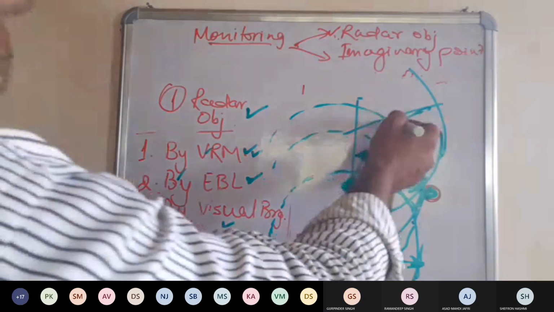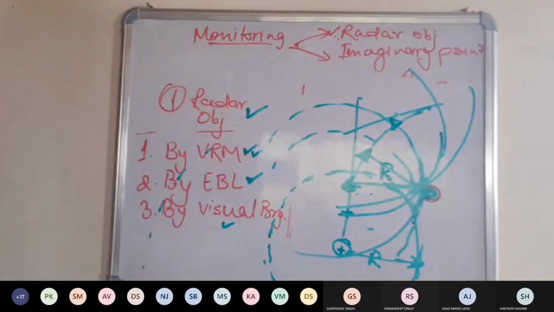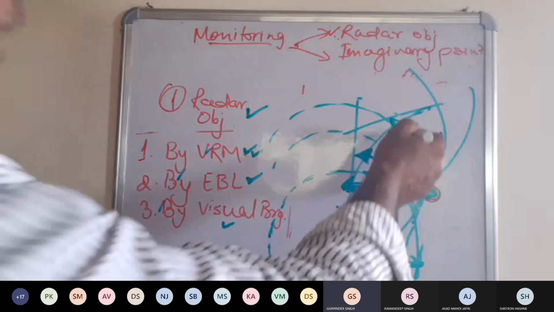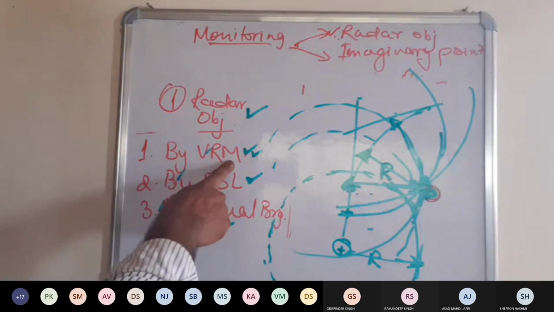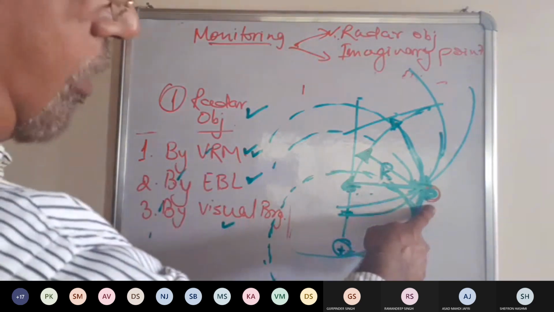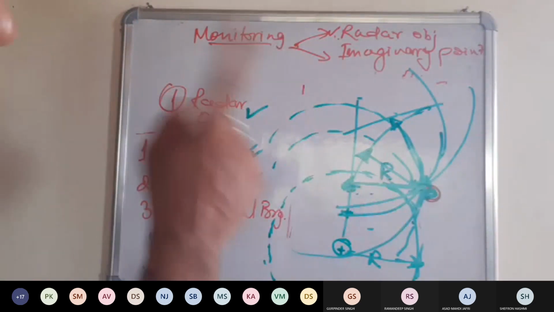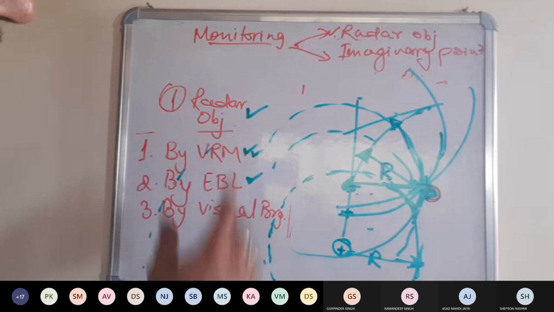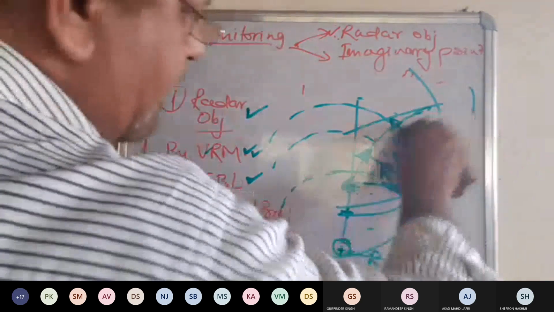When we are at this place, VRM will be like this or not? Yes, sir. How much are we away? That means when we are monitoring the turn with VRM, the radar object should always be at the rim of the circumference of the VRM. Is that correct? If we observe, अगर हम ऑब्जर्व करते हैं